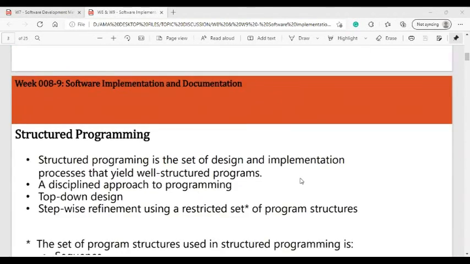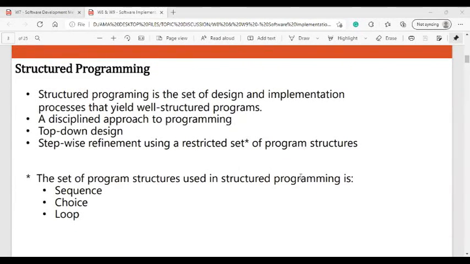development. Now, let's talk about structured programming. Okay, so in this chapter, we will study the programming methods, documentation, and challenges in software implementation. Okay, so structured programming, all right. It is the set of design and implementation processes that yield